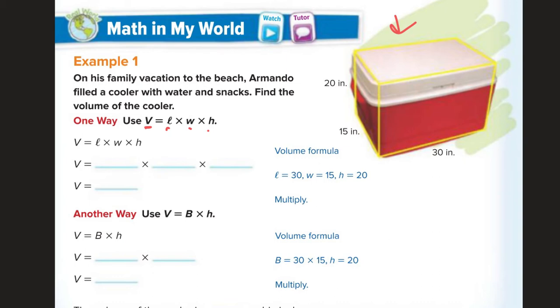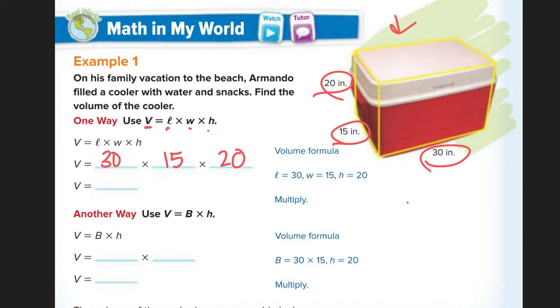Well, because of our friend, the commutative property of multiplication, it doesn't matter, right? Or the associative property. We can do length times width, then multiply by height. Whichever way we do it, it's not going to change our answer. We need to multiply 30 by 15 by 20. Okay? So that's what I'm just going to do. 30 by 15 by 20. Okay? So if I'm going to multiply these together,